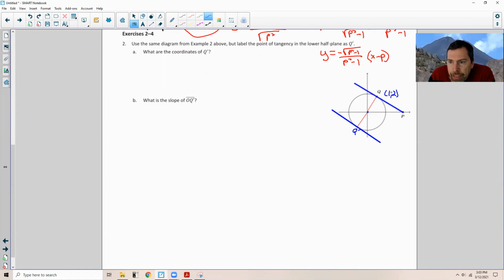So there'd be negative x, negative y. Just like if we went over here, it'd be 2, 0, and this would be negative 2, 0. So when you're reflecting across the origin, you just take the negative x, negative y. So the coordinate of Q prime would be